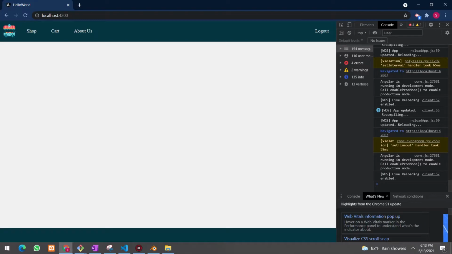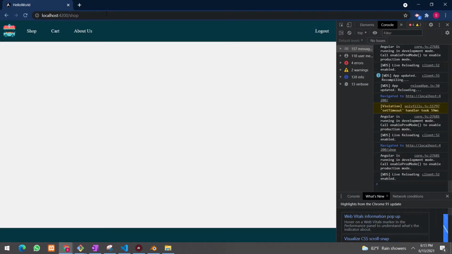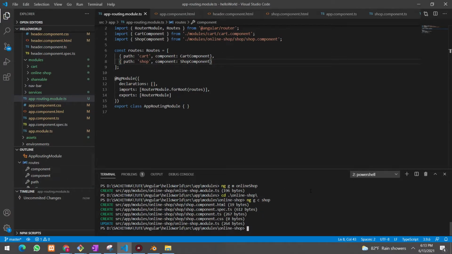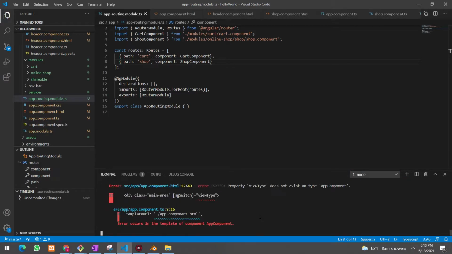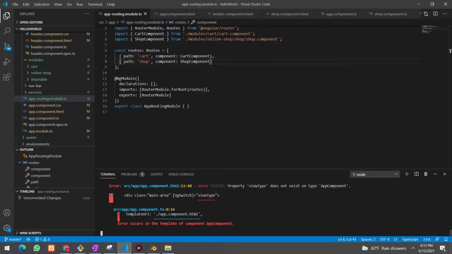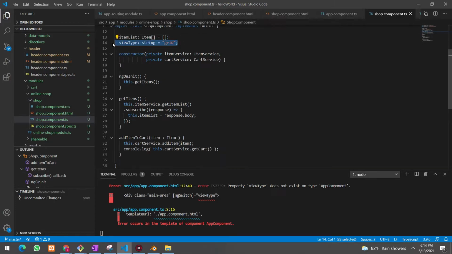I go to my application and I will type shop. Okay, now something happens. Angular may not get the module changes, so I will stop my application here and run it again. Oh, there's an error that ng-switch is requiring view type. So I think I accidentally moved view type also to my online shop component. Let's move it to